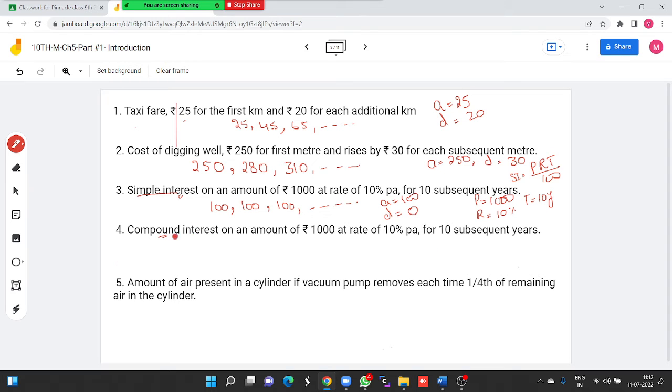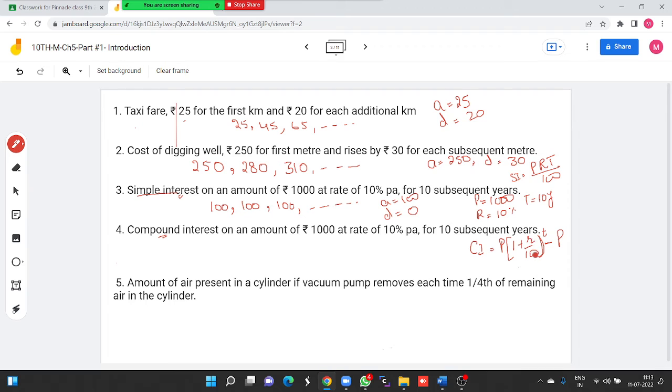Now the next question is compound interest. We are having the same principal which is 1000 rupees. Rate of interest is again 10% and we have to find the interest for 10 subsequent years. अब यहाँ पे आपका जो compound interest होता है उसका formula क्या होता है? That is P within the bracket 1 plus rate of interest R divided by 100 raised to power T minus P, minus principal. अब जब यहाँ पे आप फर्स्ट ईयर के लिए कंपाउंड इंटरेस्ट कैलकुलेट करेंगे तो आपका P 1000